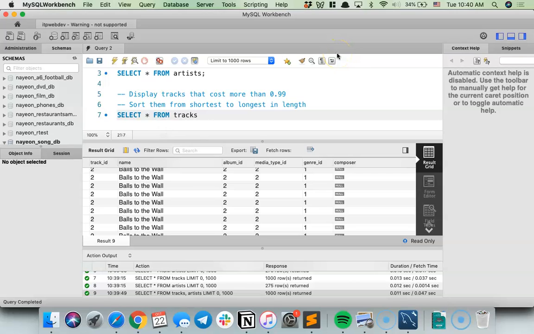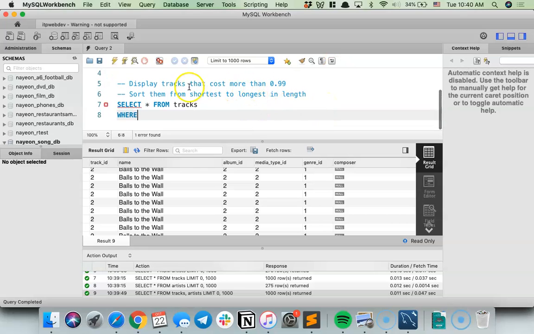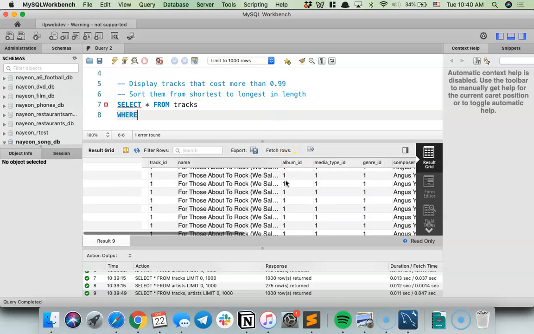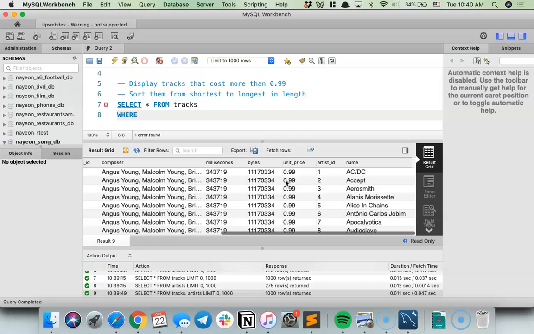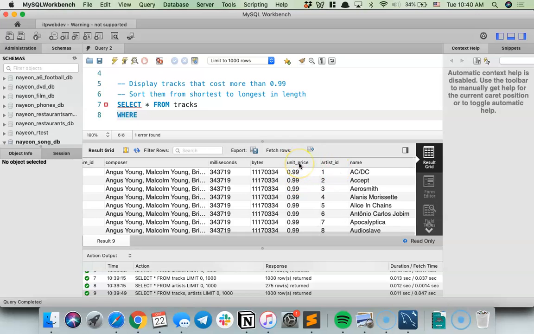And now this is where we start adding some filters, like where. We said the tracks cost more than 99 cents. What was that column called? Unit price. So where unit price is greater than 0.99.